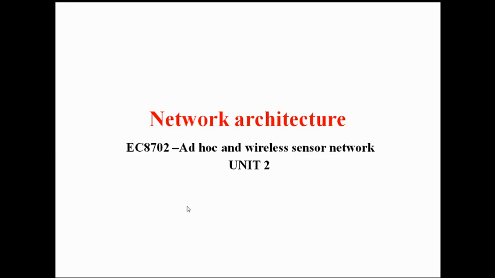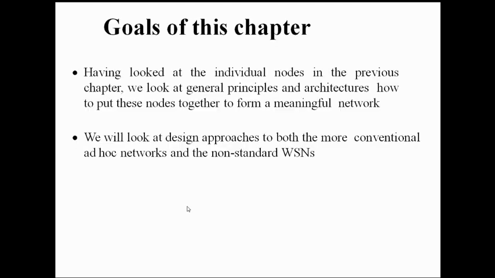So in this topic, we will discuss how we are going to form a network. Under this topic, we will discuss how each and every sensor node starts to interact with each other, and how it will share the information from its particular area to the corresponding end user. That is what we will discuss under this topic. The main aim of this chapter is how the nodes are gathered together to form a meaningful network.